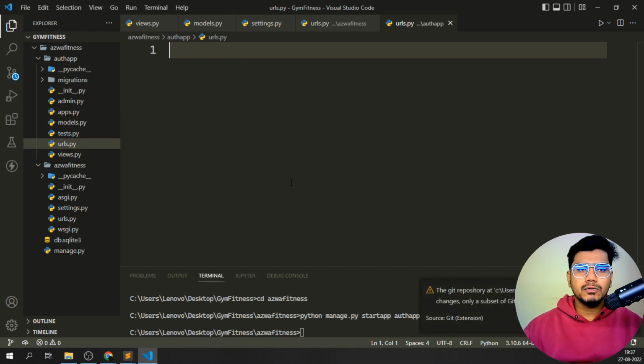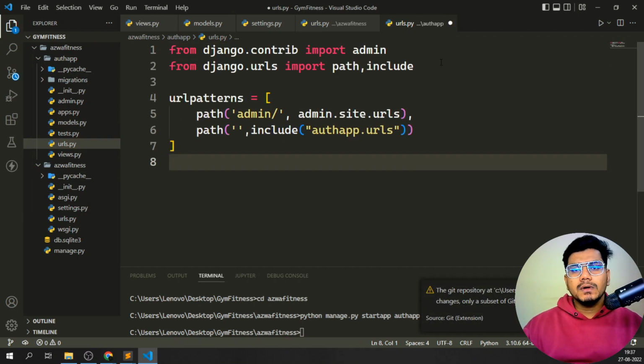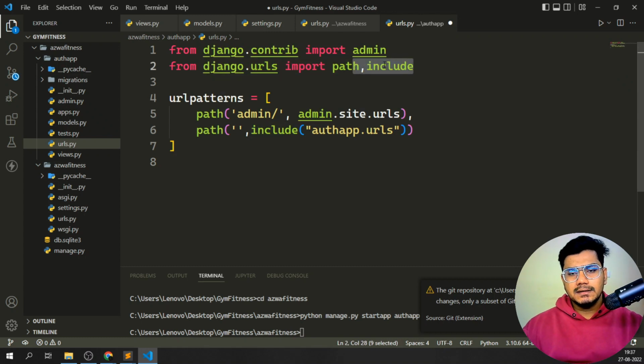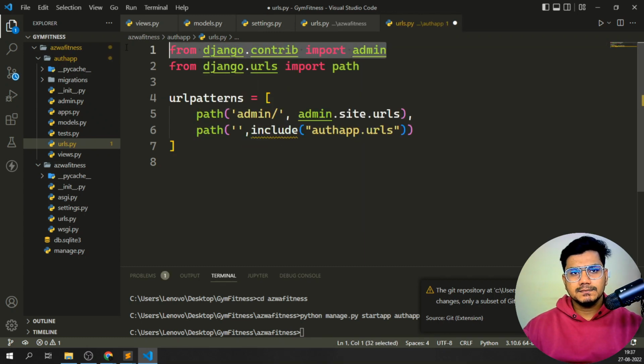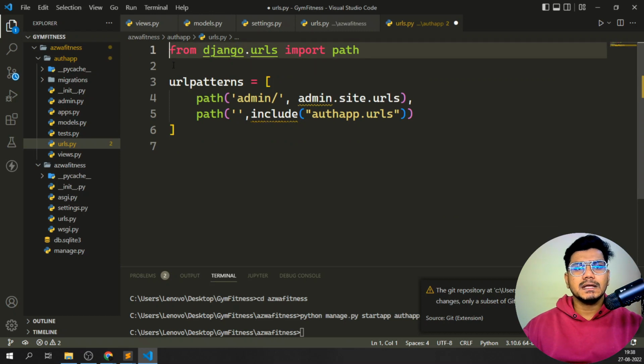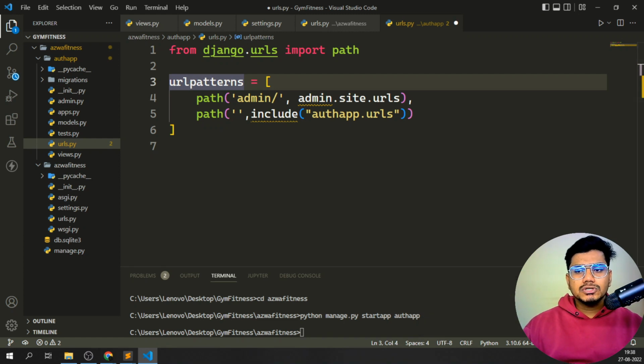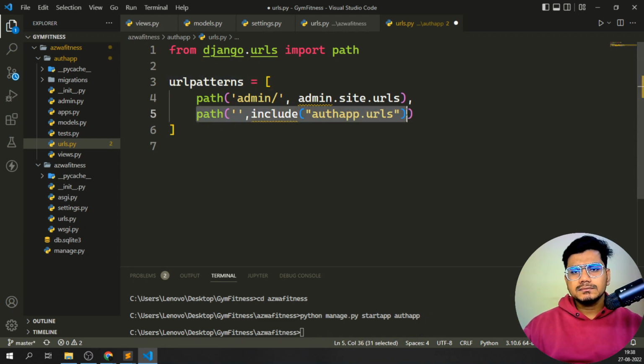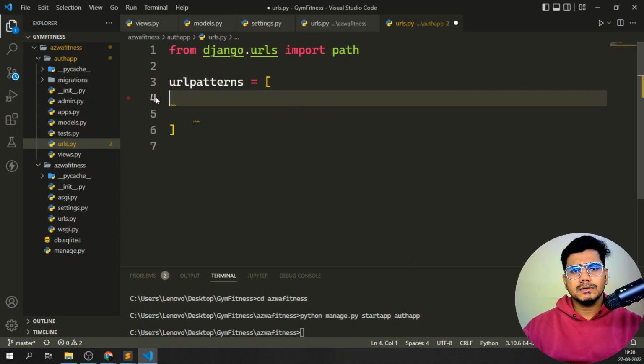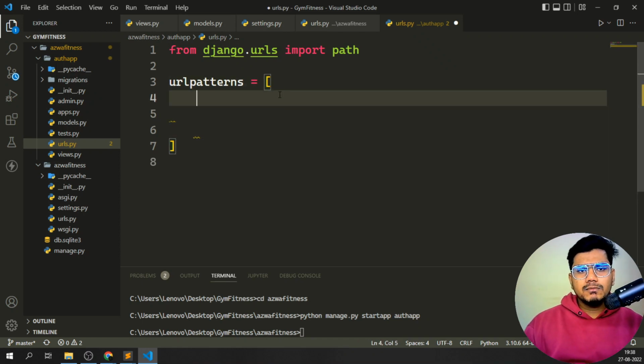Now it will see what I need to do here. So same thing, I'll copy it over here. I'll remove this line, and I'll just keep this first line over here. So I'm importing the module, that is path, over here. So here also I'll just add a few URL patterns. So what is the pattern I'm going to add here? Again, I'll remove this path now. So now coming into my list, I'll write now. Again I'll tell it whenever I'm